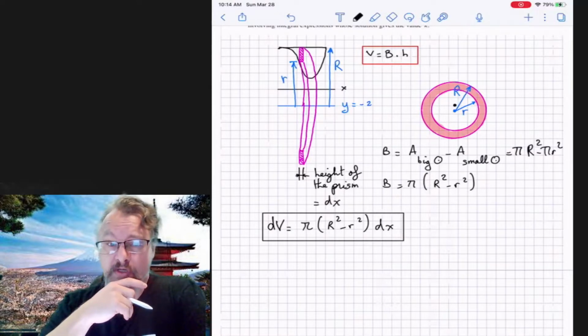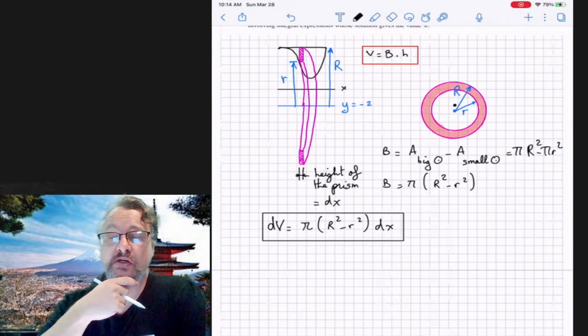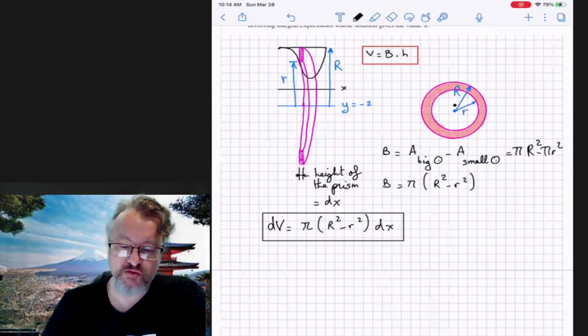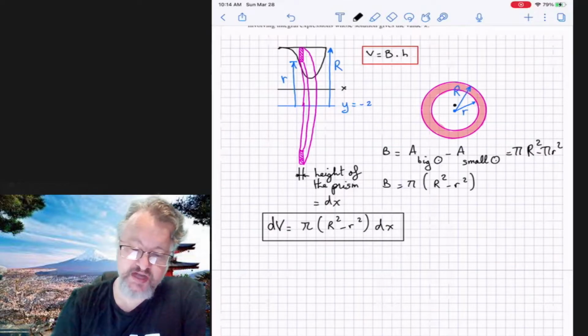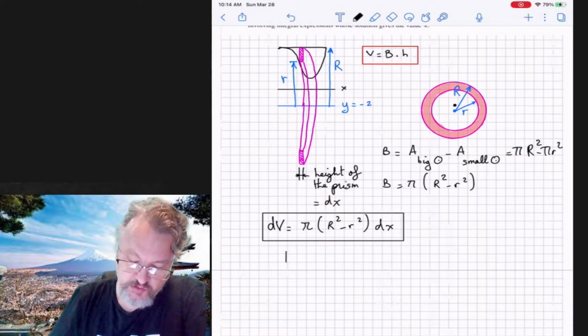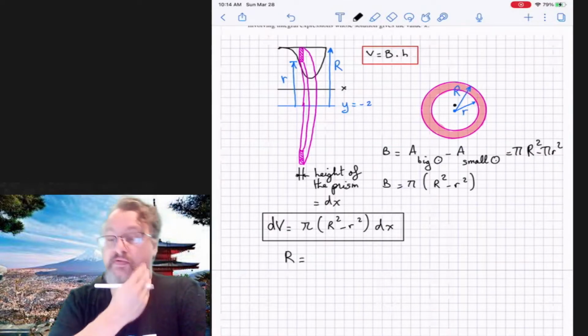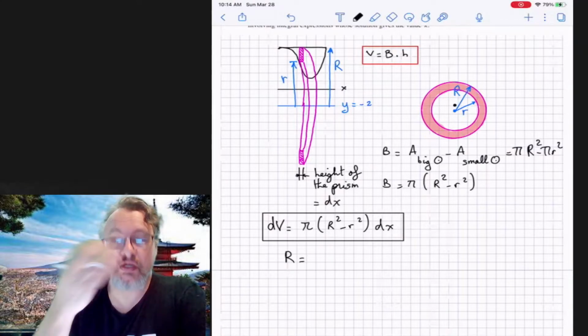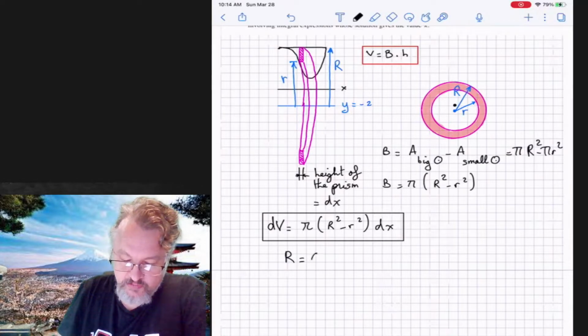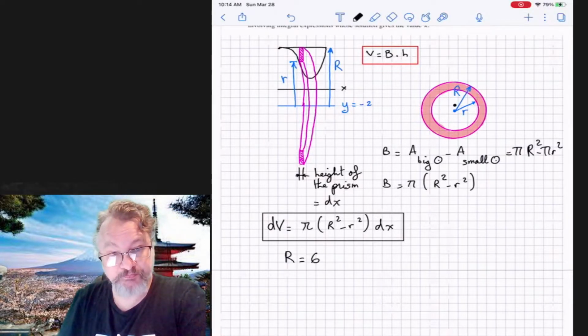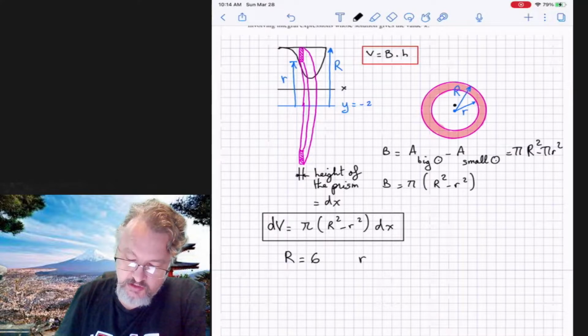Okay, so if you look at the picture, and that's the reason for which I would like you to draw nice pictures, the big radius that we have on that picture is going to be the distance between the line of equation y equals -2 and the line of equation y equals 4, as defined in the problem. So big R is going to be 6. And the lowercase r,